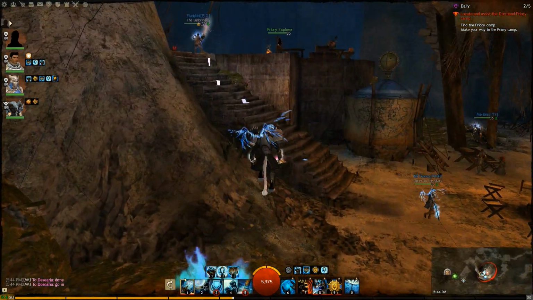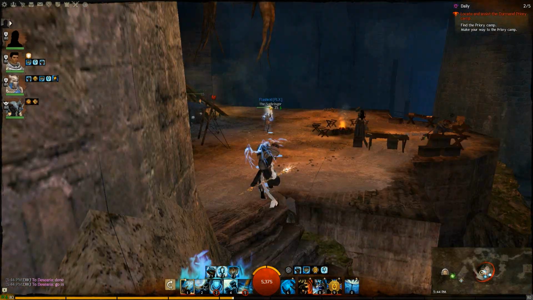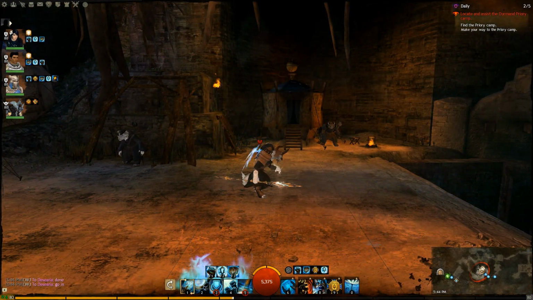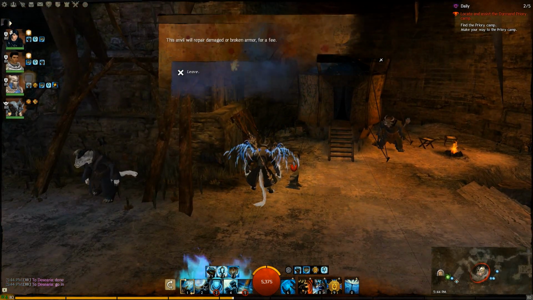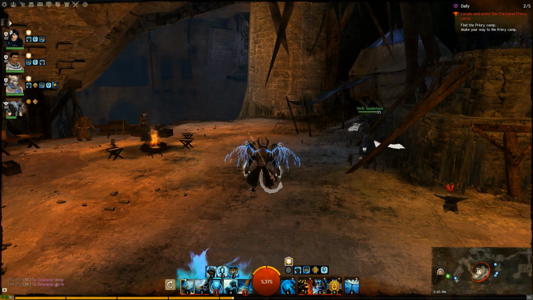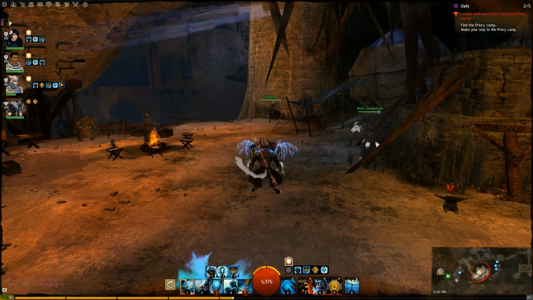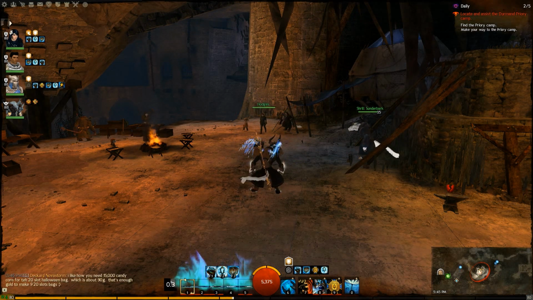Now, for some of you who haven't done any dungeon or haven't had a run before, or are completely new to the game, to put it in simple terms, the story mode is the easy mode, and the explorable mode is more like a hard mode for the dungeon. What that means is that you need to coordinate with your team,